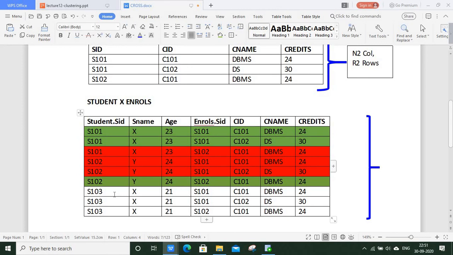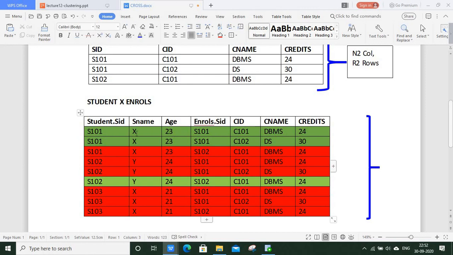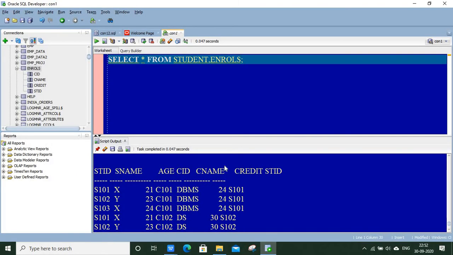Then coming to the next one, now you can see that in all the remaining three, S103 is present, but there is no S103 in these rows. So all these three are irrelevant combinations. We need to reject all these three rows. Now in the green color you can see the relevant combinations and others are irrelevant. Now we need to find a way to reject the irrelevant combinations, or how we can remove them. Yes, for that, of course, you know that we need to apply some conditions.